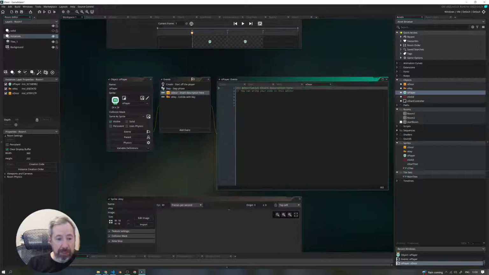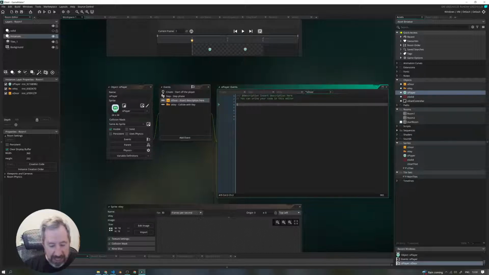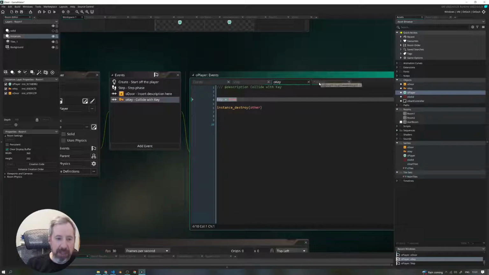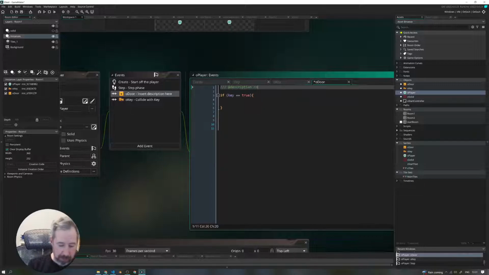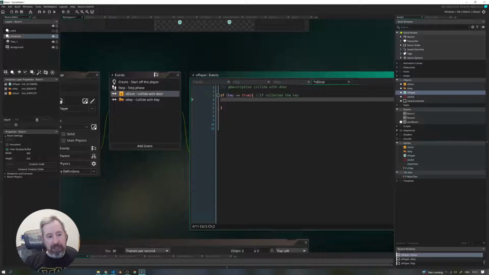So we'll use code again. And we'll say if the key is true. So remember when we collect the key, we set key to true. So here we're saying, you can also get to these from here, by the way, if the key is true, that means we've collected the key. Collide with door. If collected the key, so if we've collected the key, we can go room,